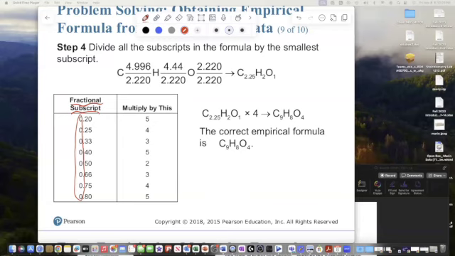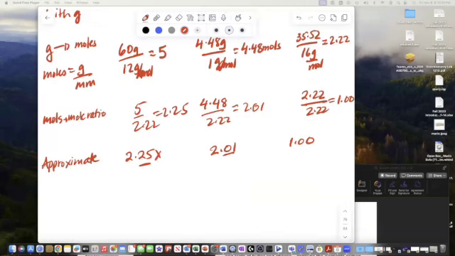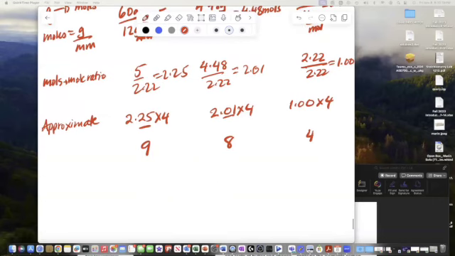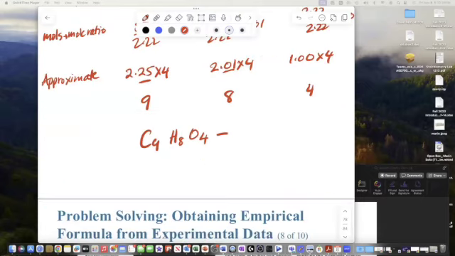So I had a 0.25, so I have to multiply all the numbers by 4 to get the quarter into a whole number, right? So going back here, I multiply this by 4, multiply by 4, multiply by 4, and I get 4, I get 8, and I get approximately 9, okay? So then the elements are going to be C9, H8, O4, right? Yeah, C9H8O4, and this is the empirical formula